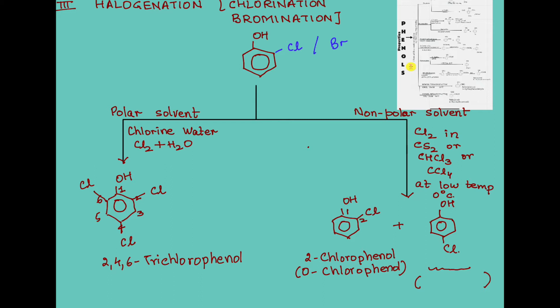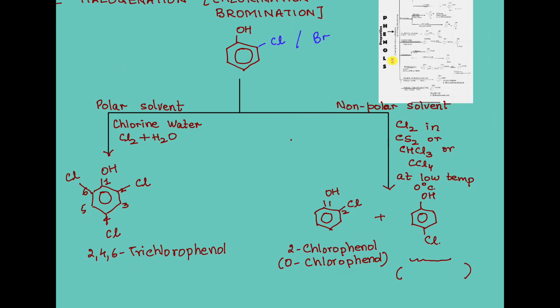Now, why this difference in behavior? Also, interestingly, even out of ortho and para, usually it is para which is the major product. Why? Look at the distance between OH and chlorine. They are so close to each other. Whereas OH and Cl are having all the space in the world to themselves. They are happy to have a full space around themselves. So in other words, here there's a lot of steric hindrance. So they do not like to come close to each other, and they like to stay away from each other as much as possible.